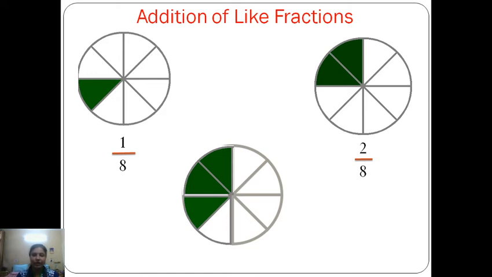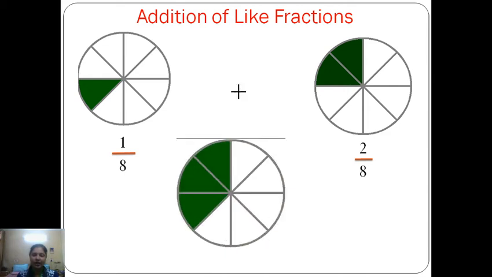So we have basically put together your portion and your papa's portion, and putting together is nothing but addition. So we can say when we added 1 by 8 and 2 by 8, we got 3 by 8. But if you observe this equation carefully, you will see 1 by 8 and 2 by 8, they are like fractions and we are adding them.